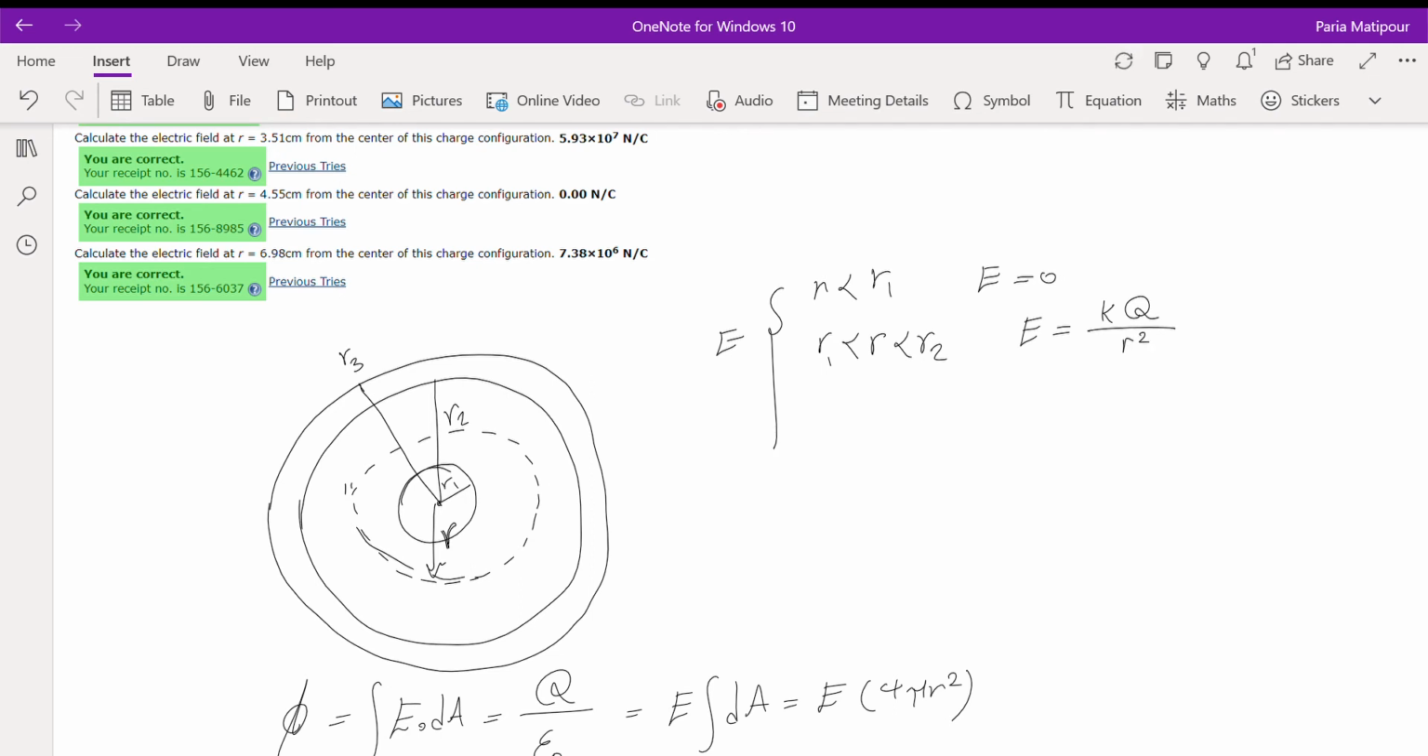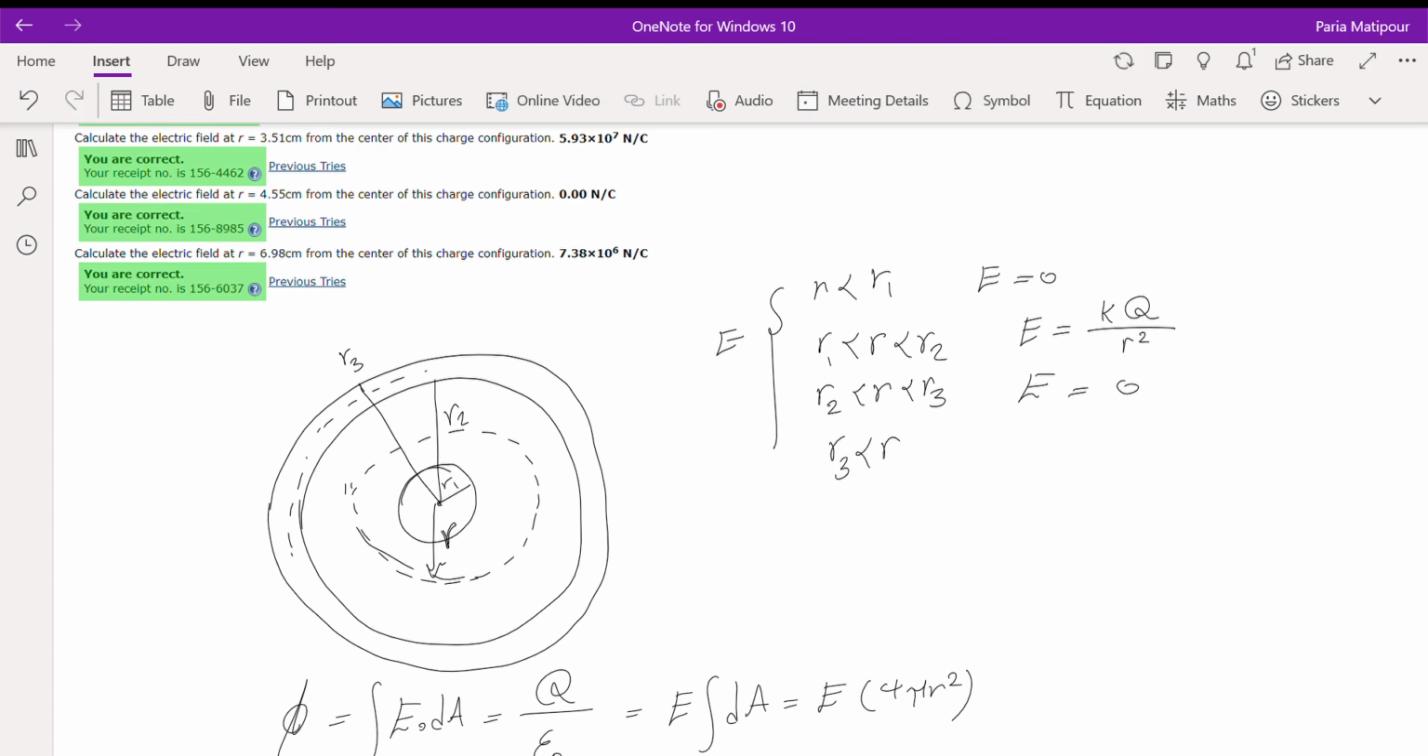And now we go to the next phase, which is between R2 and R3. So if r is between them, then E is equal to again 0. Why? Again, because this is conducting and the electric field inside the conductor has to be 0. Sorry, anyways, it doesn't matter that much. And for the last part, we have to say r is